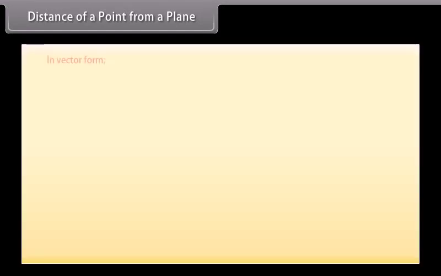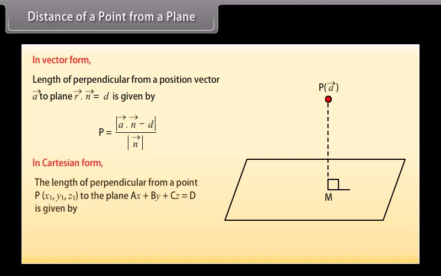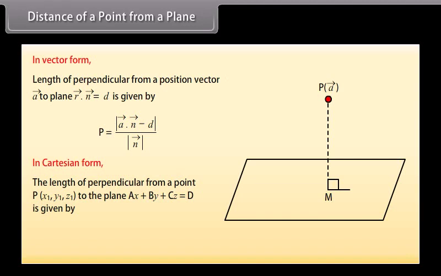Distance of a point from a plane. In vector form, the length of the perpendicular from a position vector A to the plane r·n = d is given by the following. In Cartesian form, the length of the perpendicular from a point P(x1, y1, z1) to the plane ax + by + cz = d is given by